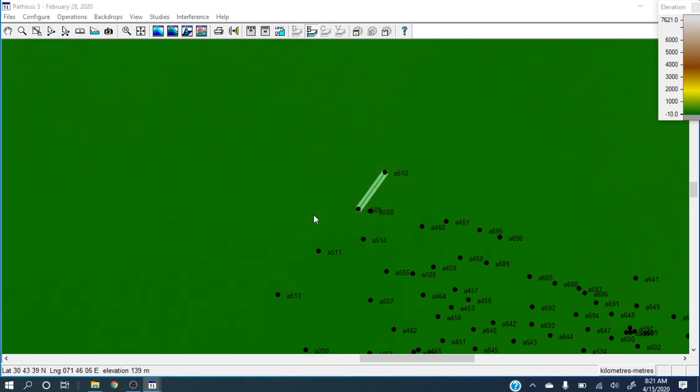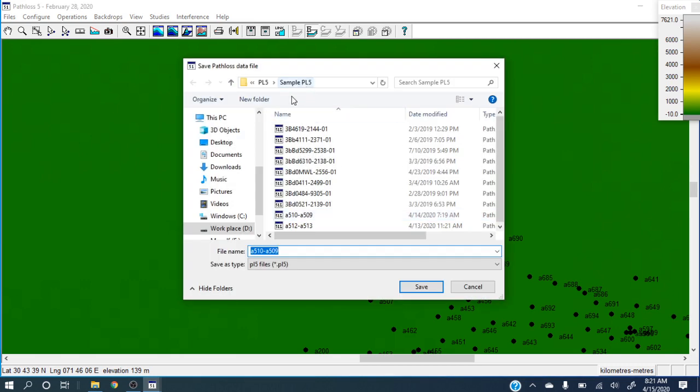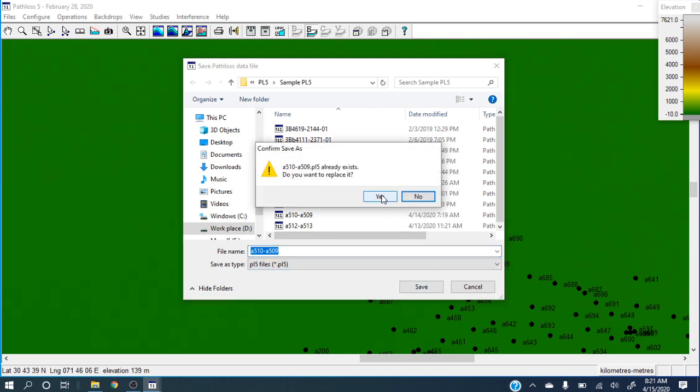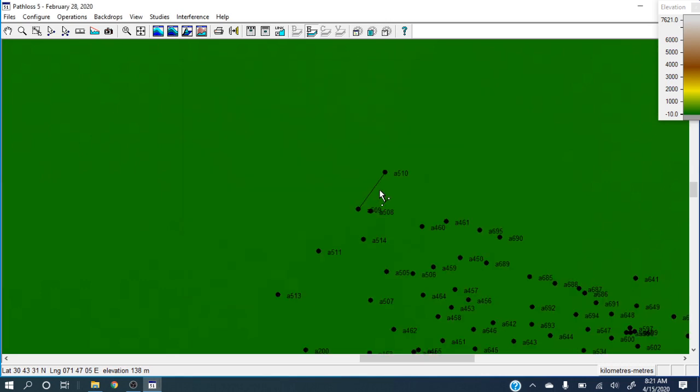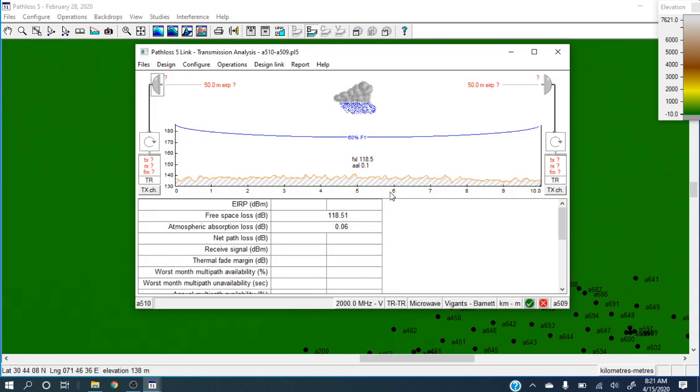So I say yes. You can put it where you are putting all of your required path loss files. The files are already there. I say okay, go ahead, no problem. Now we have done these two things which are required. These further things are also required, but I will not go into detail right now because the video would become very long. So I will just finish the normal